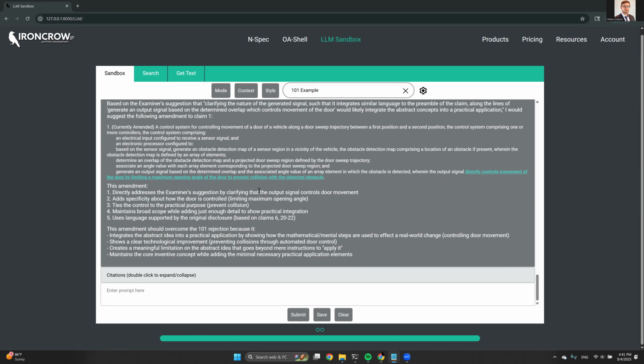Okay, so then it's coming back with that, based on the examiner's suggestion, clarifying the nature of the generated signal such that it integrates the language similar to that which is in the preamble of the claim. So, okay, the claim amendment that it comes up with in light of the examiner's suggestion is wherein the output